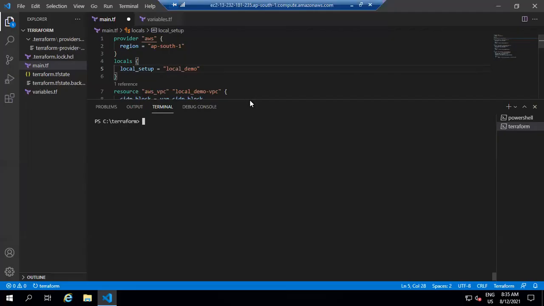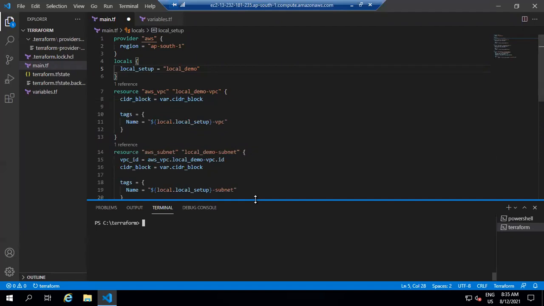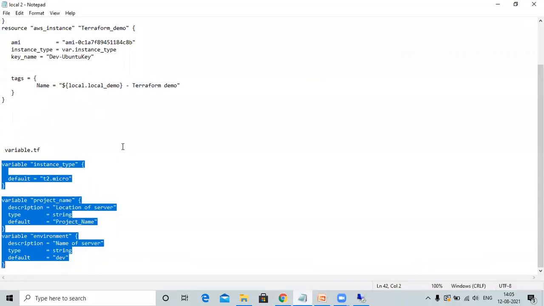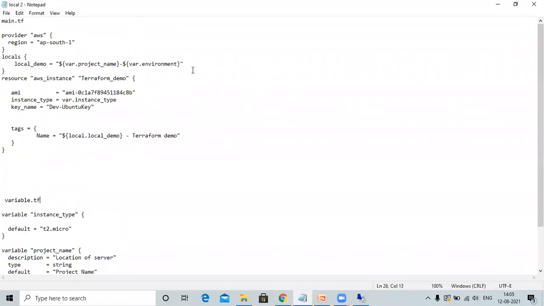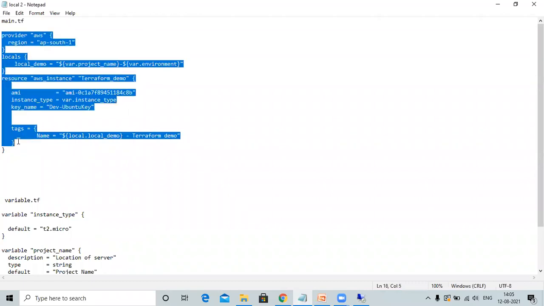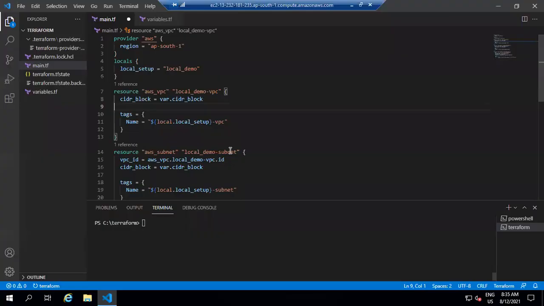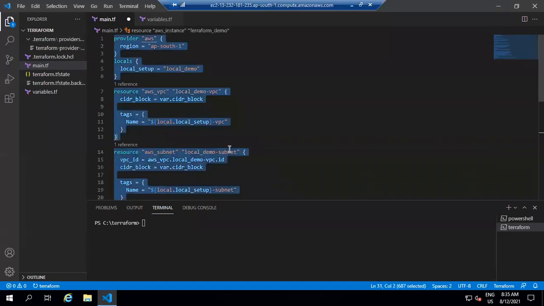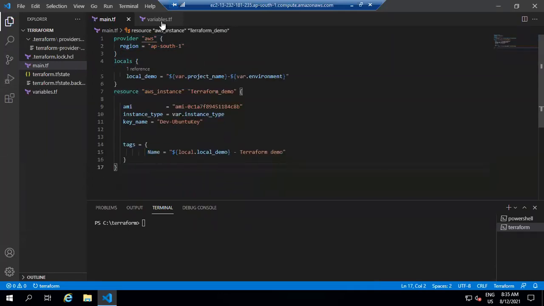So now we are going to the next point, that is how to use Terraform local with Terraform variable. So firstly, copy the code and paste here.